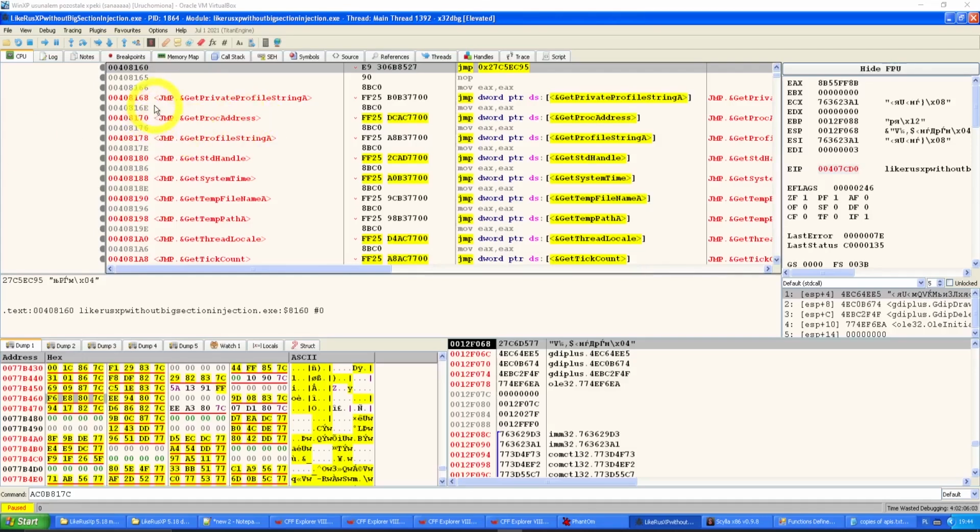The address here. Yes. This API is emulated by Packer,